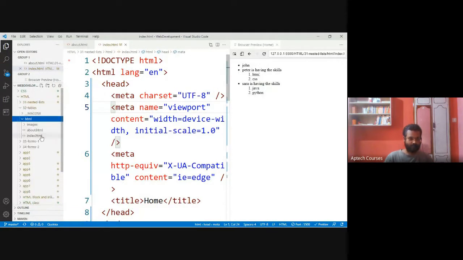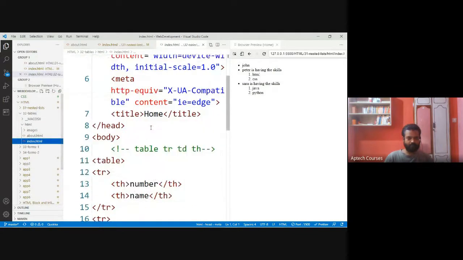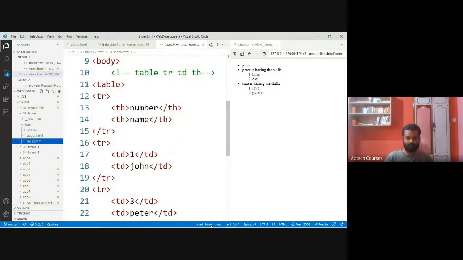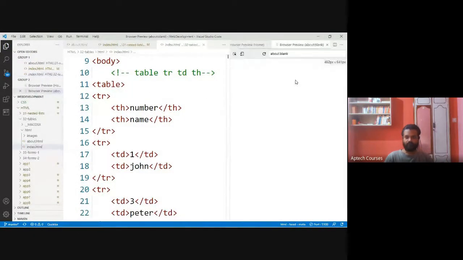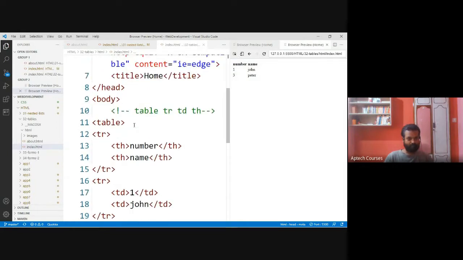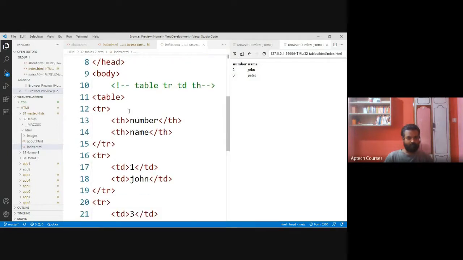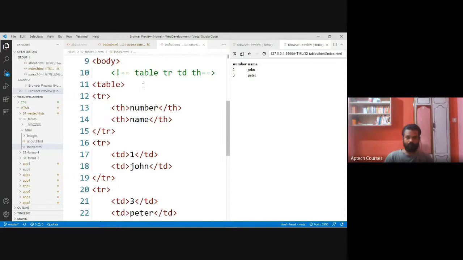Yesterday we have seen this table creation. For example, here we have another table. We'll get something like this. We are not setting the border, that is why without a border we are getting this. Table, we have table row. First row, number and name.